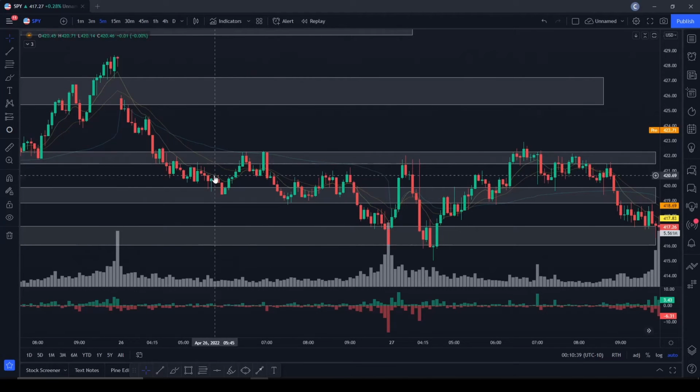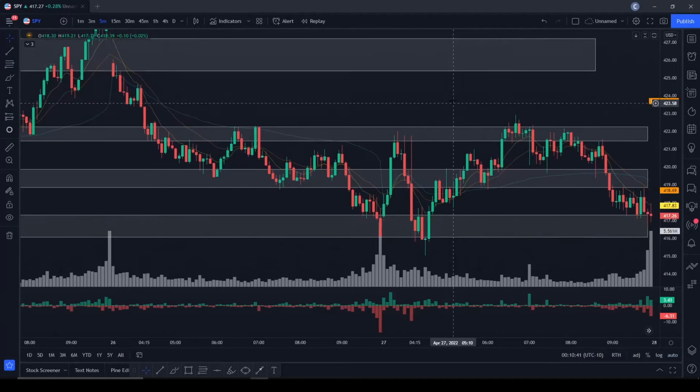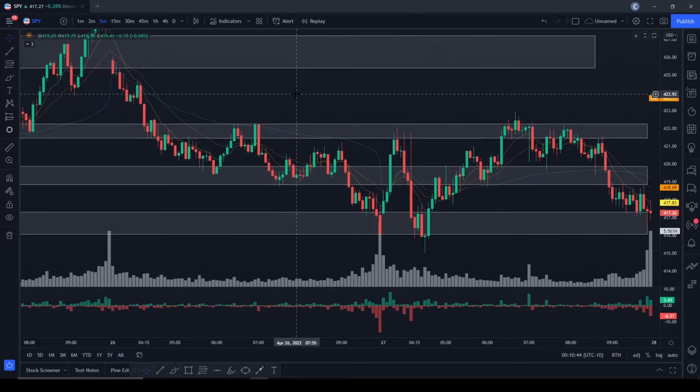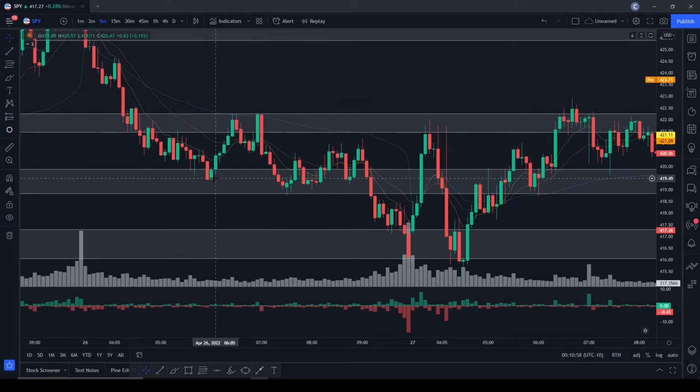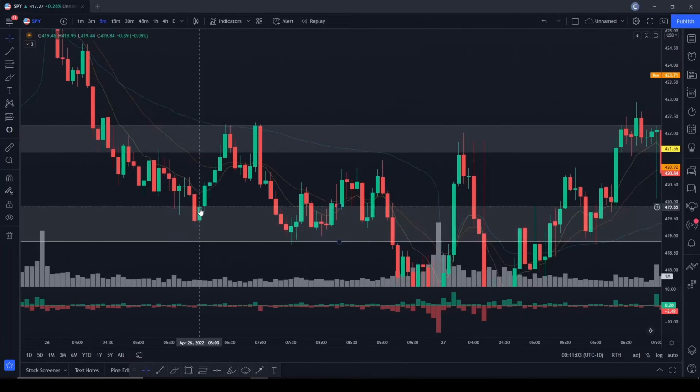We'll take a look at the entire day on the 26th, just to get an idea of what we're doing throughout the day. You can see we open, and basically the whole day we're moving down, right? We get lower highs, lower lows, we're in a downtrend, and we're just moving down the entire day pretty much. And you can see we get to this demand zone and we finally push up a little bit. It's a pretty strong push, and then we come down and then we retest this high and we double top